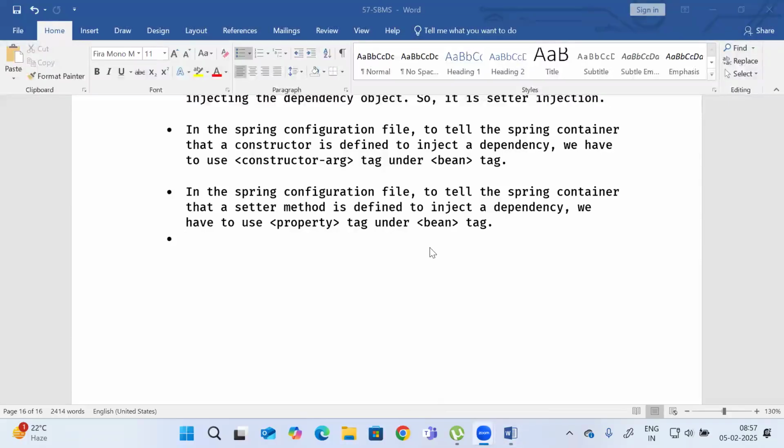Okay. We'll go ahead. Next, tell me. But remember, name or index, both can be used, but there is no use. If we are using name, there is no need of using index. When you are using index, there is no need of using name. But when to use ref attribute and when to use value attribute? If the dependency is a value type, value attribute. If the dependency is a reference type or object type,